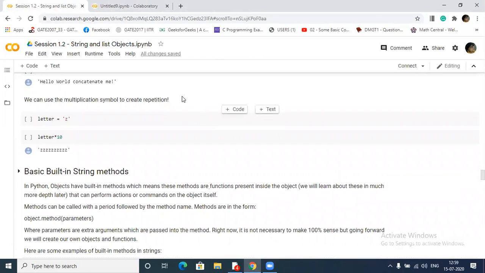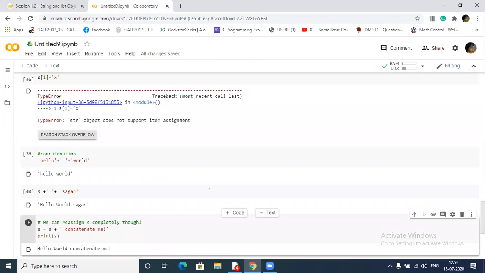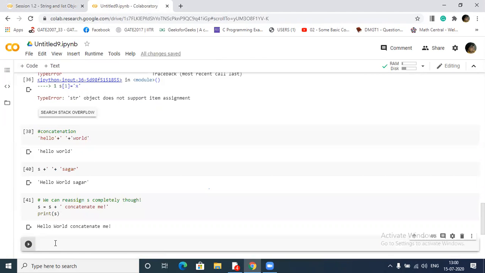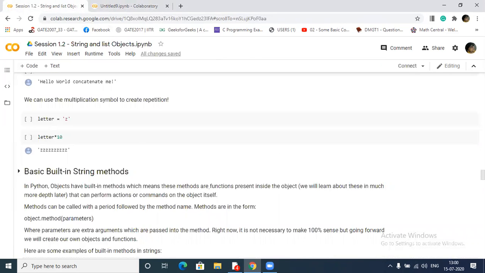If I want to repeat any string, simply I can do Z. First I will make it a string and multiply by 10, then it will concatenate Z 10 times. Not a big deal.